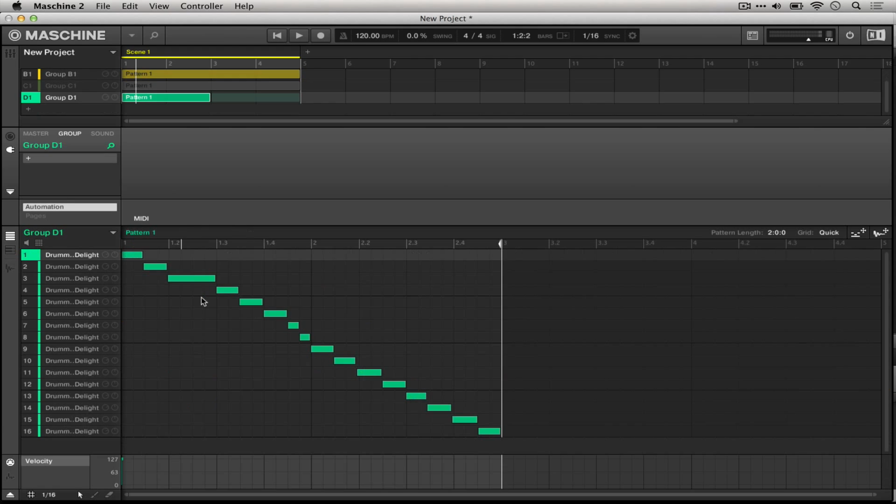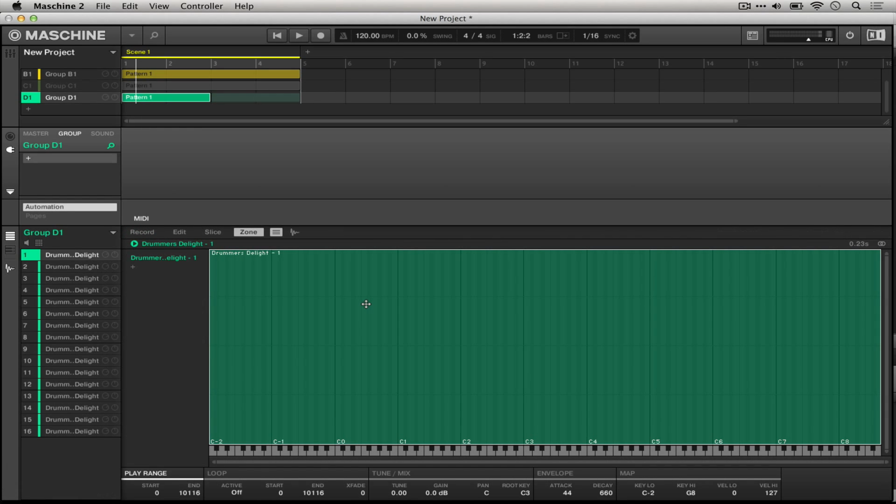Here, once again, Machine has mapped out the samples across a 2-bar length that it detected from the original sample, except this time we have 16 slices, and those slices are based on the transients, so we have a lot of individual hits. Now, if I choose one of these sounds and bring up the sampler, I have access to